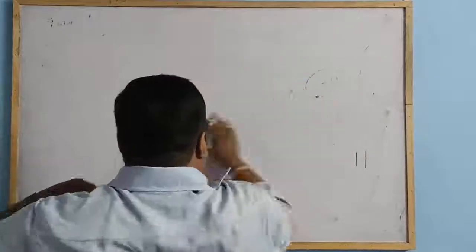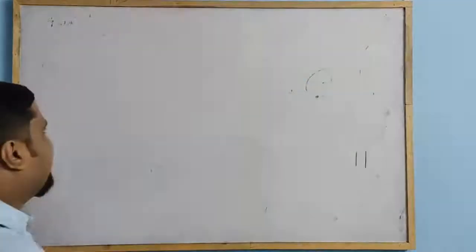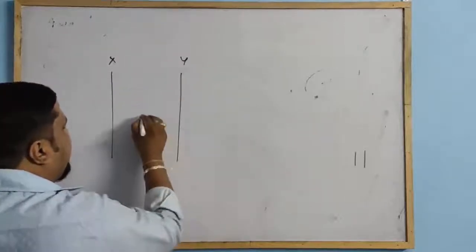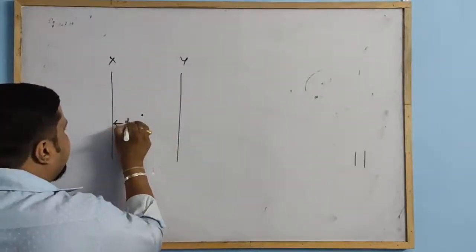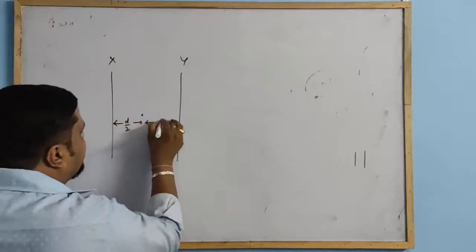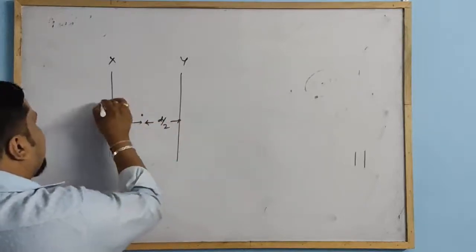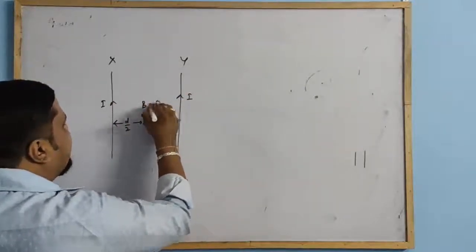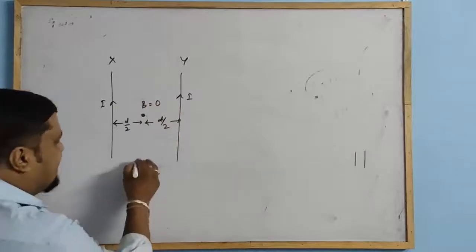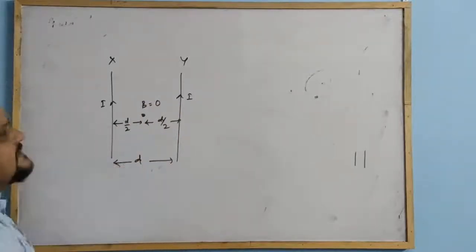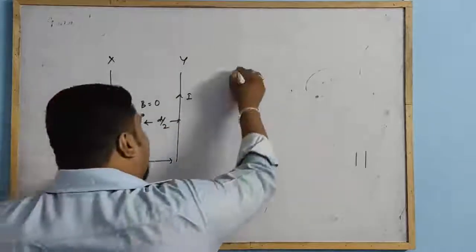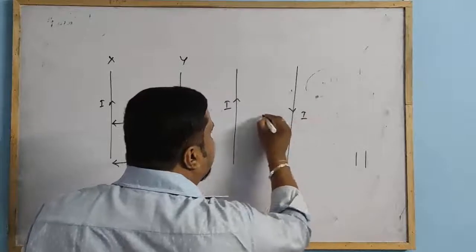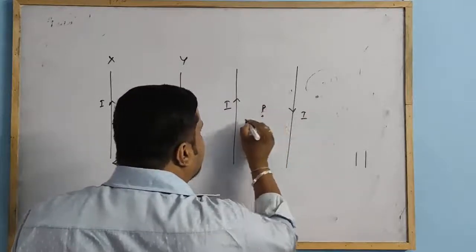The magnetic field for this conductor X and Y, at a point which is midway between these two, this carries current I. For the magnetic field midway, B is equal to 0, if this total distance is d. But if the current is in opposite direction, point P, which is d by 2,